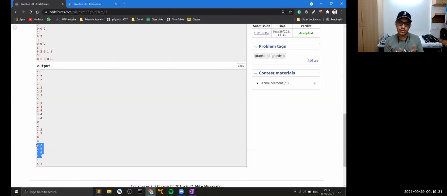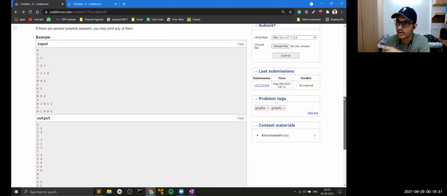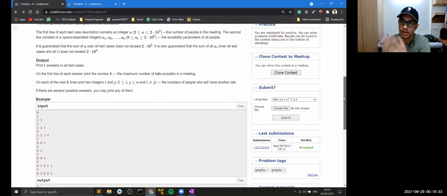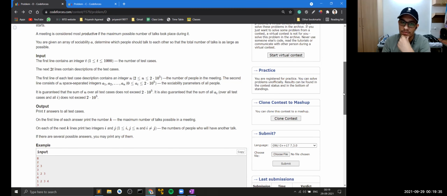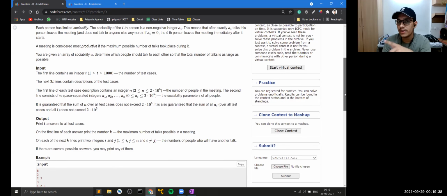Because if these combinations or ways are very large, you cannot print them. Just printing all these values would give you a TLE. So this is something that you should keep in mind every time when you're attempting a contest and you have to print the actual answer instead of just the number. So the first observation that you should make is that the number of outputs would be very less. That was the first part.